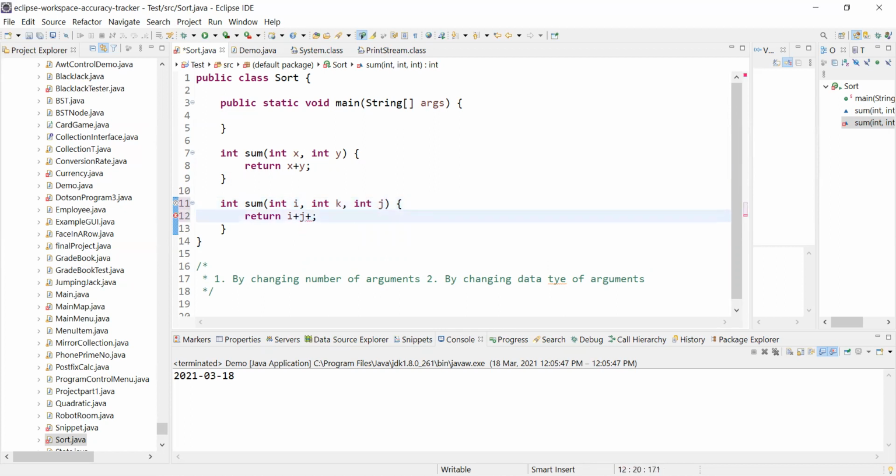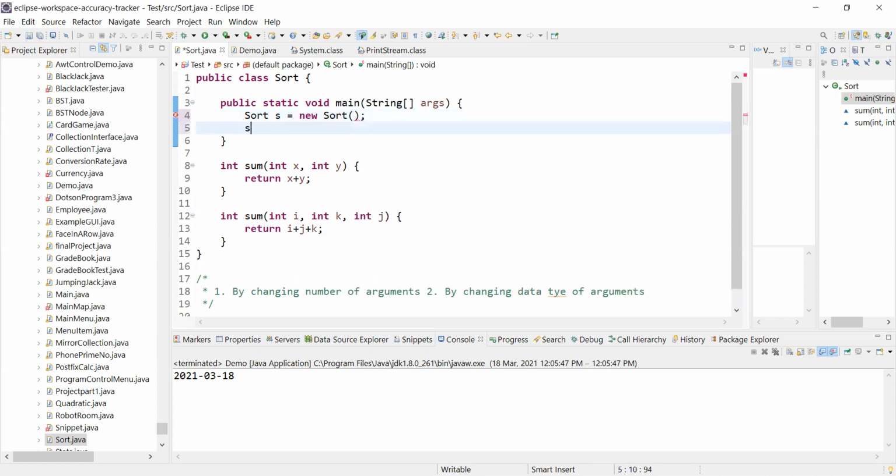How many parameters are we taking here? 3 parameters, and it was taking 2. So when we call it, let me take an example. We have Sort s equals new Sort. We have an object of the Sort class. Okay, now I'm saying s dot